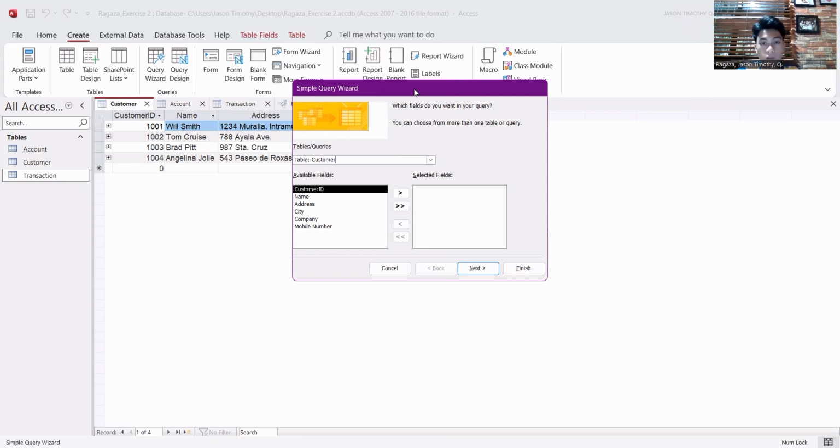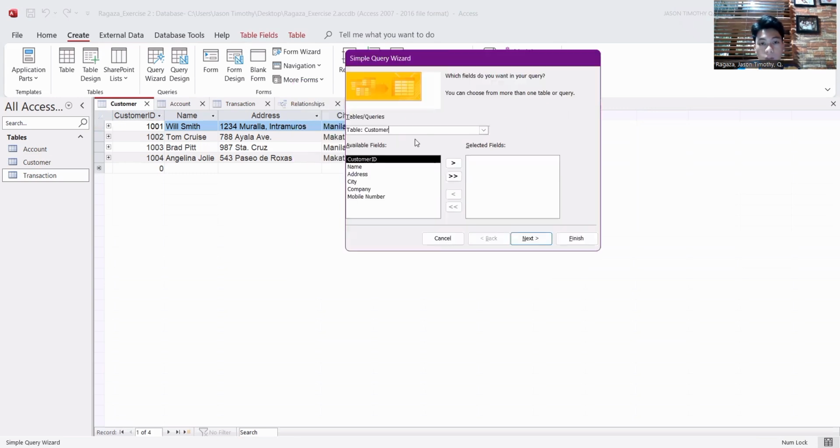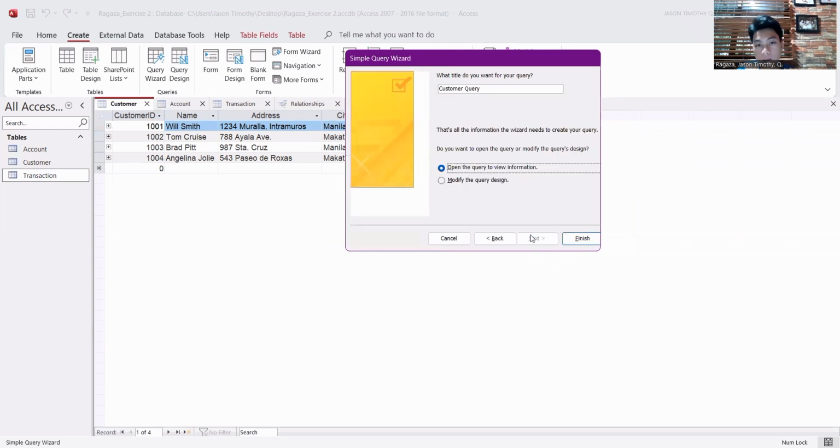For the first part, we are going to select the customer table, and then as stated in the file, we select the customer ID by clicking on the directional button to the right. Next are the name, address, city, and company. Now we click Next.